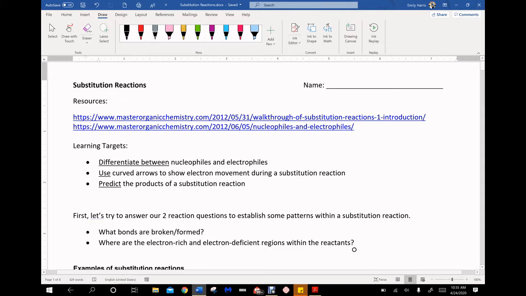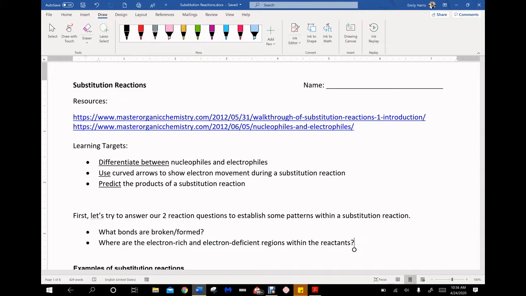Alright guys, so today is the day where we finally get to start the real deal, organic reactions here. We've done a lot of work getting ready to take on this point in time. Essentially what we've been doing so far is building a toolbox that has lots of tools, lots of basic foundational understanding that you can then take and apply in any different